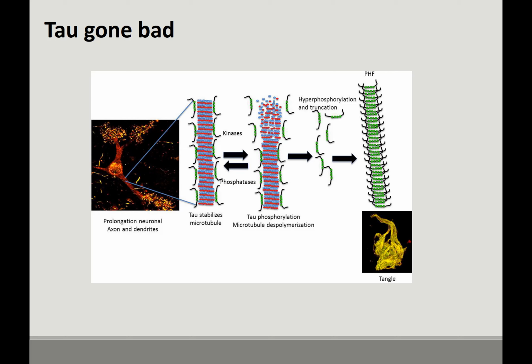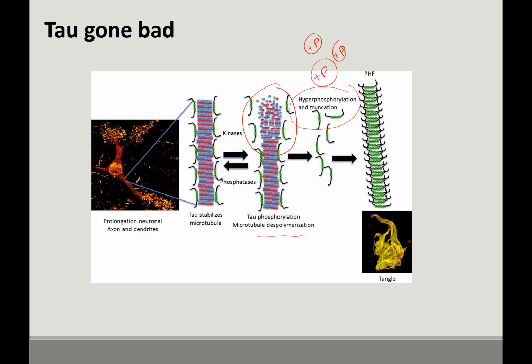Tau is a super interesting protein. It's associated with multiple neurodegenerative diseases, such as Alzheimer's and dementia. And what's happening is, here's another diagram showing tau in the green associated with a microtubule. And as tau gets hyperphosphorylated, so this means this is a protein modification adding a phosphate group. So when you add a whole bunch of phosphate groups to tau, it stops interacting with the microtubules. The microtubule becomes